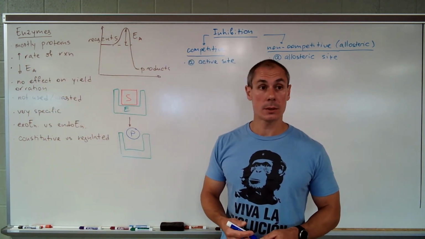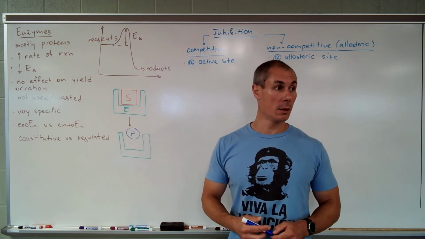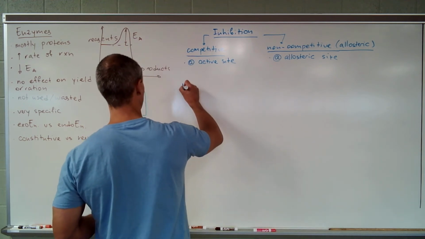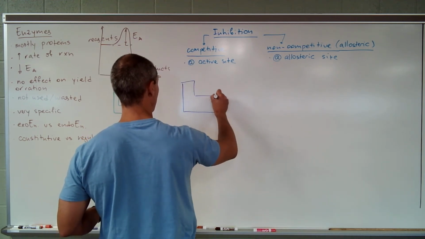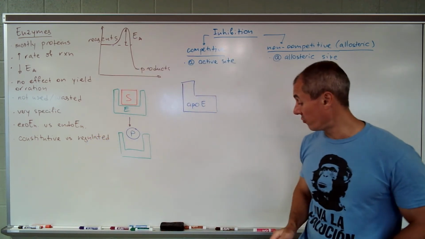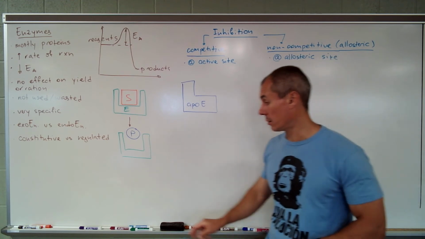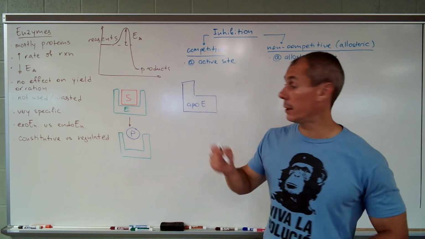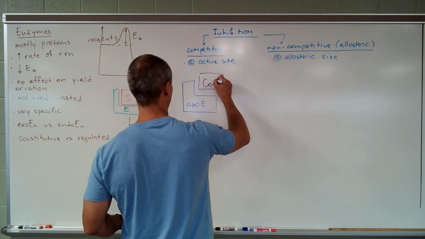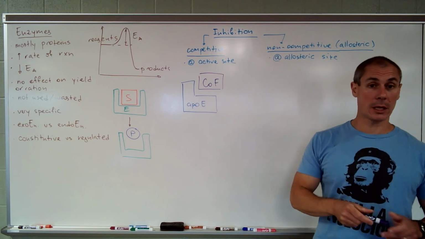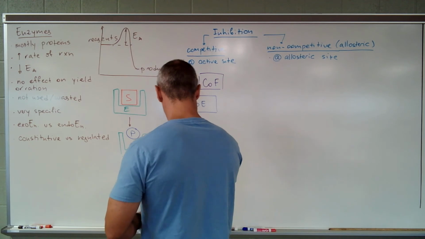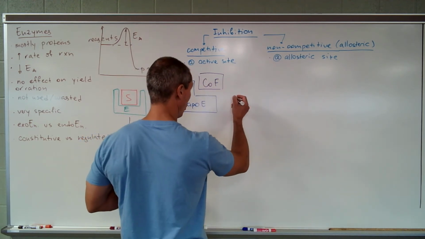So some enzymes can't work until some kind of cofactor is available. So imagine that this blue angle is an enzyme, and we're going to call it apoenzyme. Apoenzyme is not functional. It can't do anything. Okay? But when a cofactor is present, a cofactor can be an ion of a metal, okay? It can be a relatively small organic molecule,